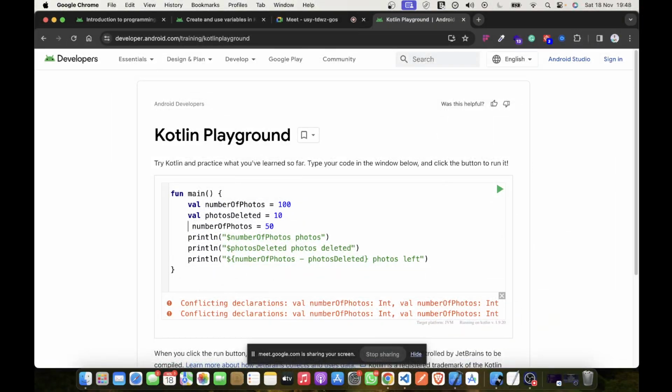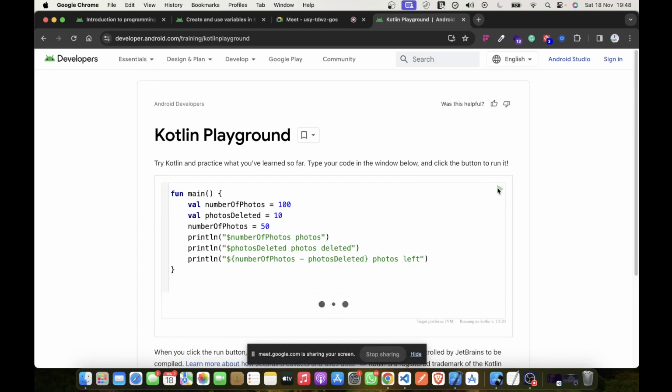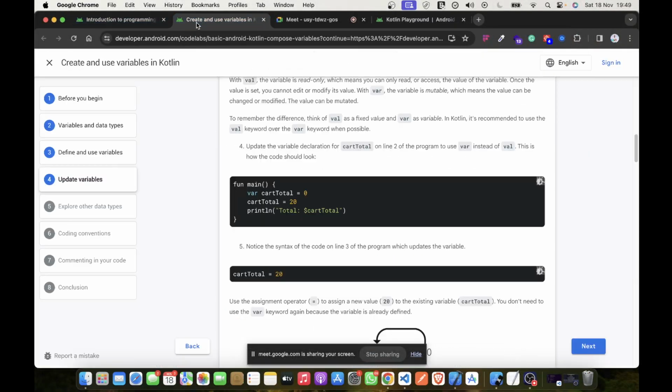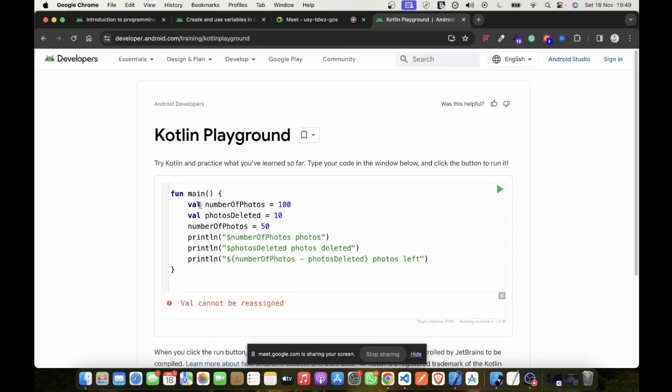But if I remove this var, removing the var simply means I'm calling this variable name. Once I call the variable name, I assign a new value to it. So I just assign 50 with equal to. Okay, it says const cannot be reassigned. For you to reassign, you have to use var instead. So const cannot be reassigned, but var can be reassigned. So if I click OK now,